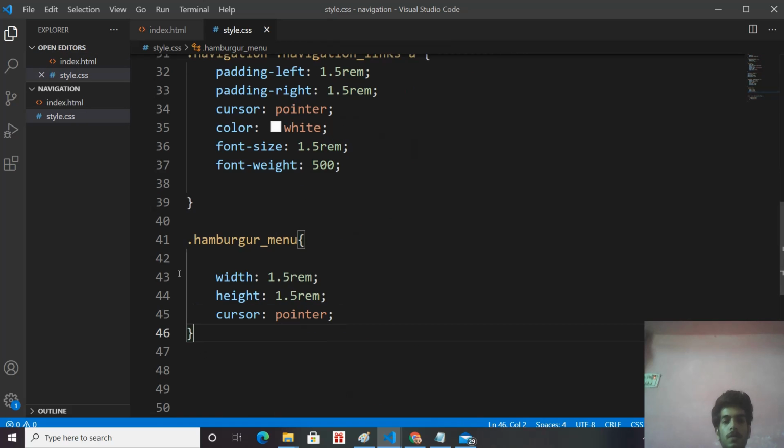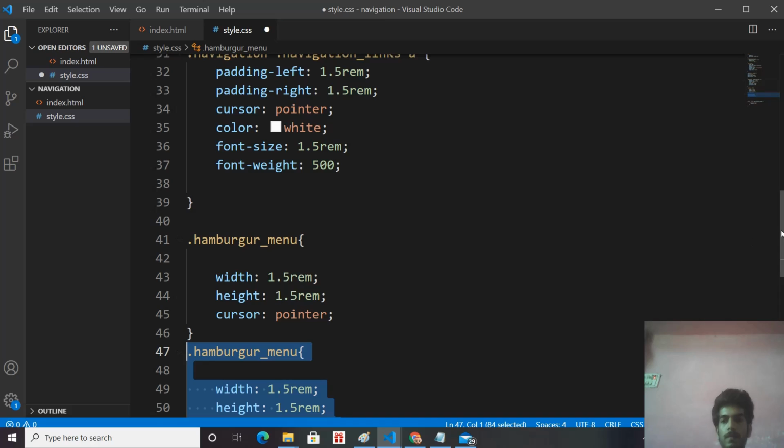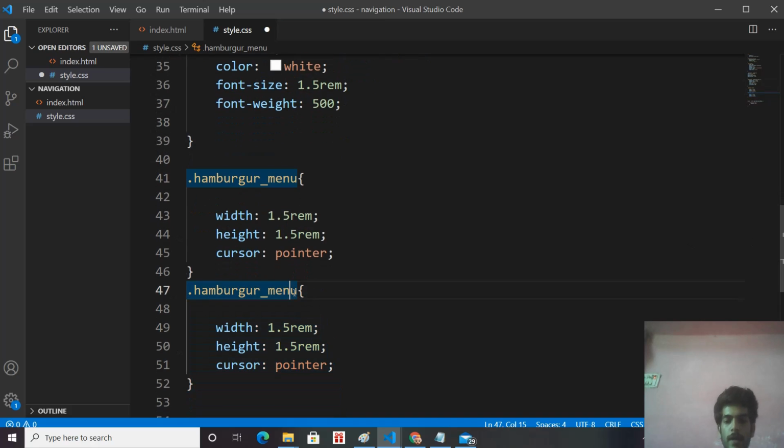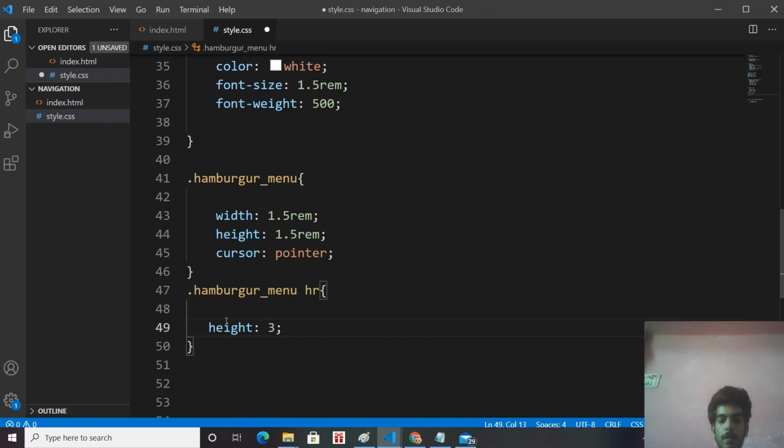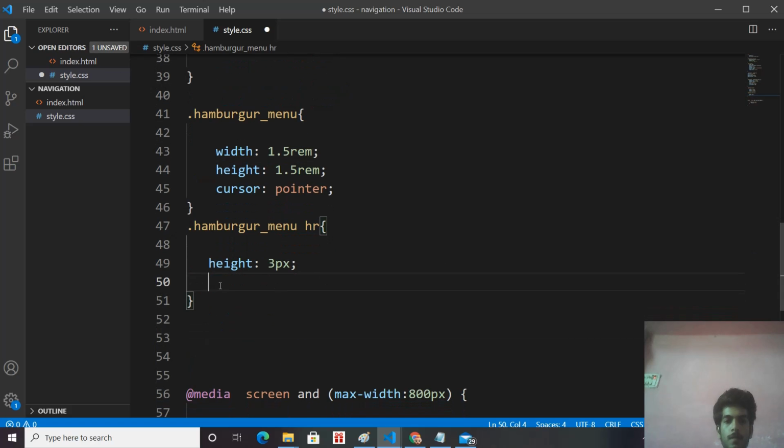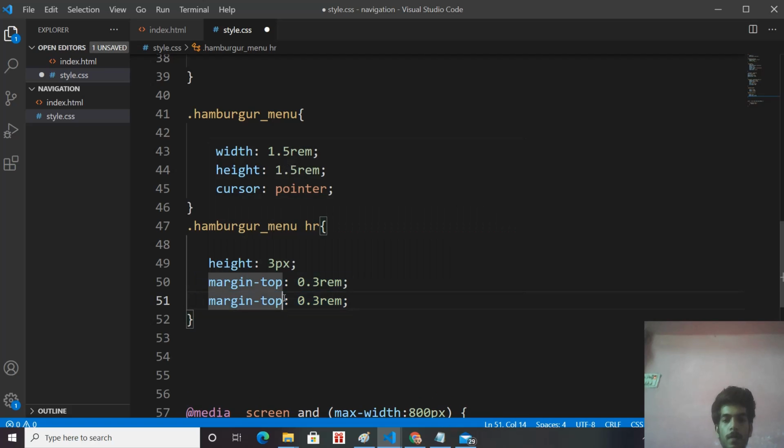So hamburger menu and its horizontal rows, height 3 pixel, margin top 0.3 rem, same as margin bottom 0.3 rem.